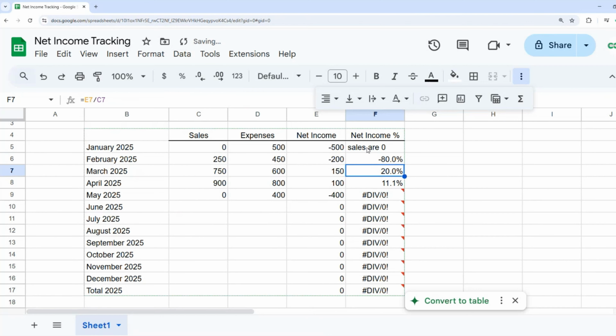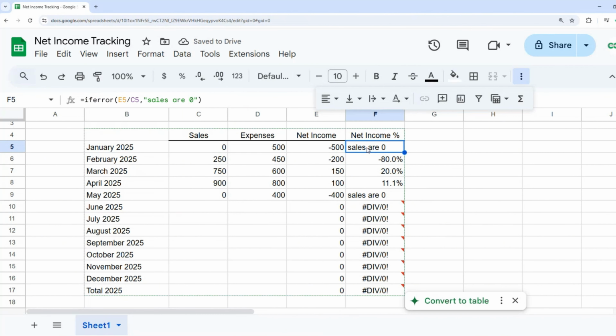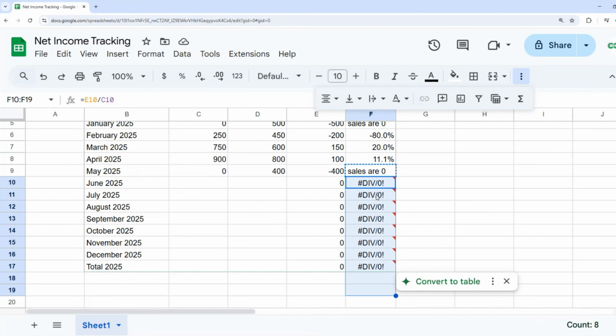If I copy this down, you'll see I get the same result, but now I'm communicating, instead of the div 0, that I have a formula that I can't calculate, and I'm communicating why. So now if I copy this down the rest of the way and fill out the remainder of my sheet,